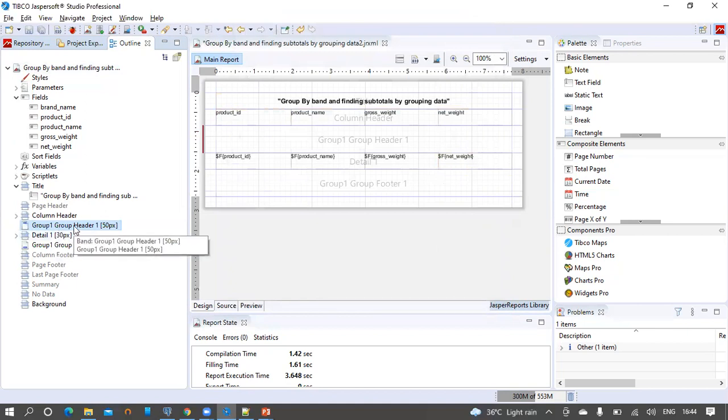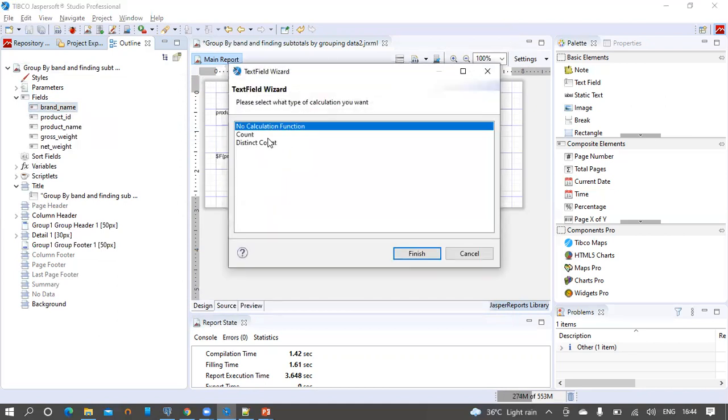As we click on finish, we can see two new nodes are created in the outline, or in the design view, we can see two new bands are added. Now select the brand name field from the fields node of the outline view and drag it onto the header band of the group created.